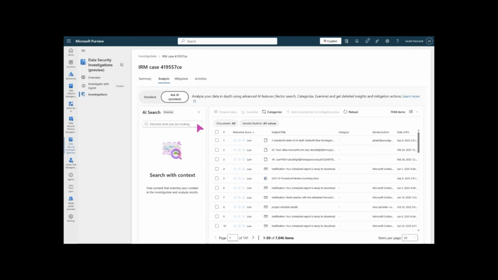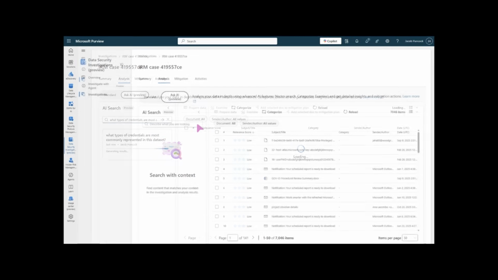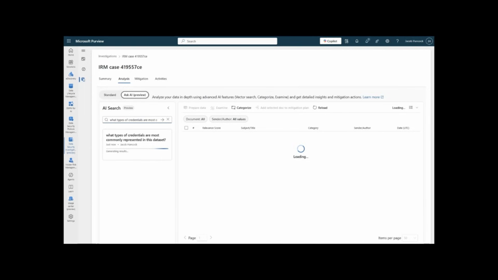So here you click on the Ask AI, and I'm going to type a natural language query, something like what type of credentials are most commonly represented in this data set. Again, because all the data that we grab, we do something called embeddings. We can do things like vector search, semantic search, and all that good stuff.